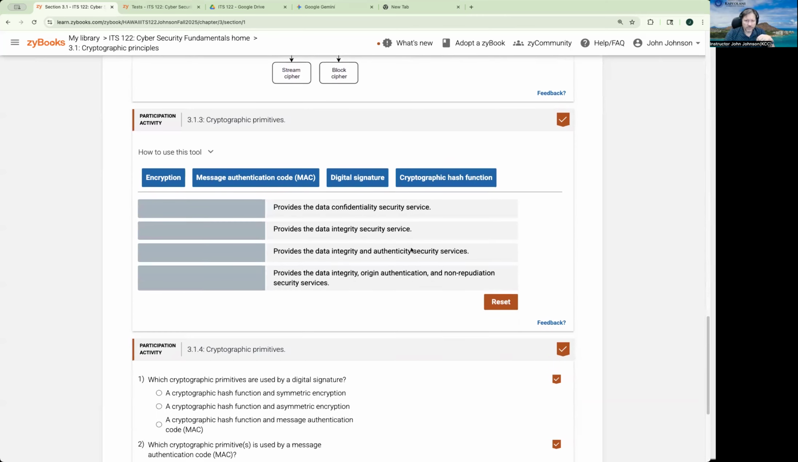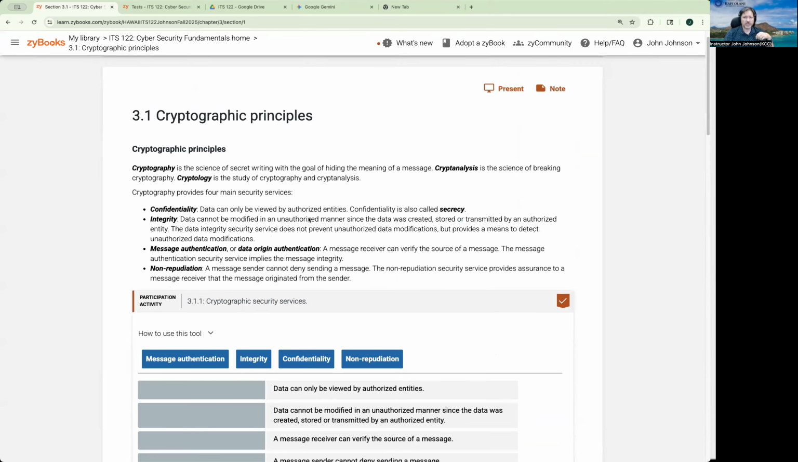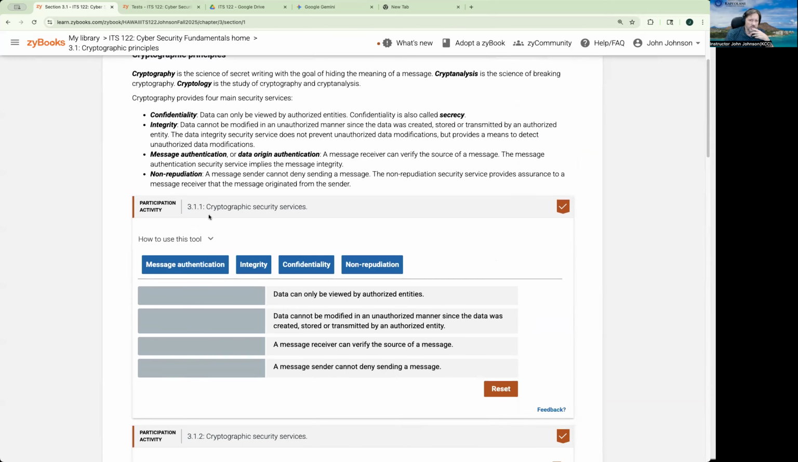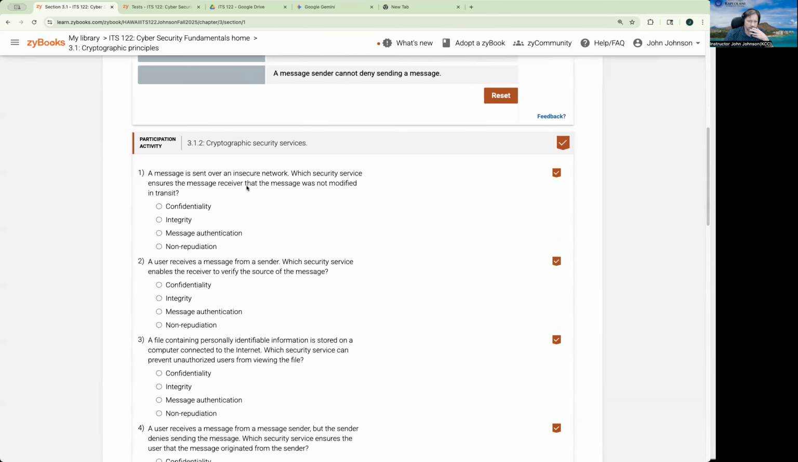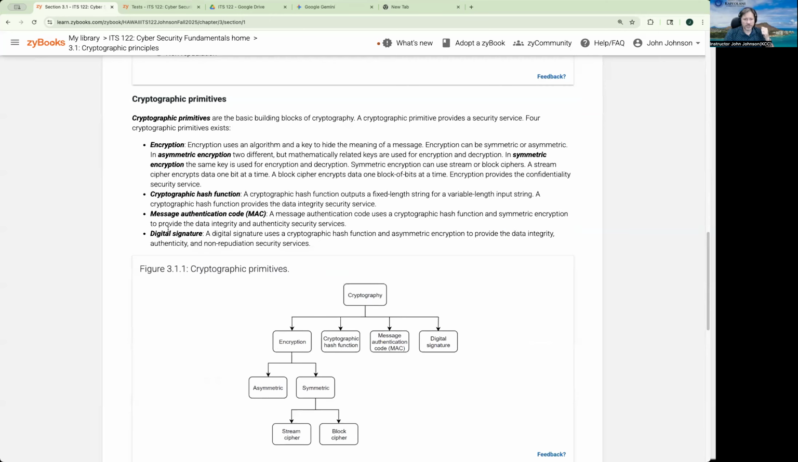So that's it for the section. Go ahead and check this out, and read through it, go through your definitions, know the differences between things, and if you have any questions, feel free to reach out,